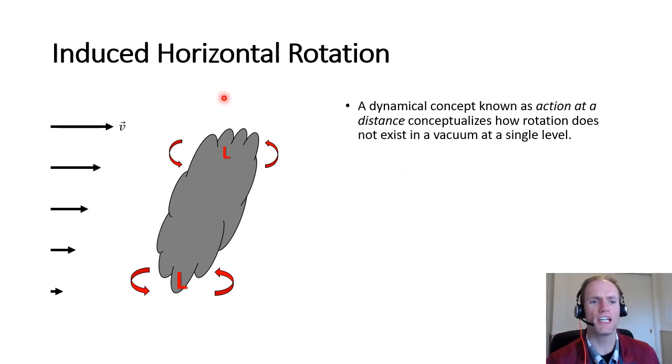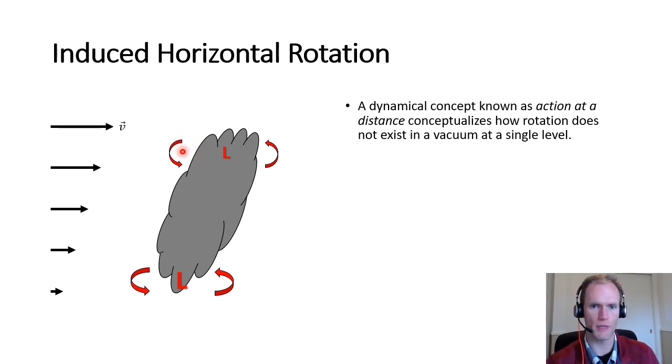So let's talk about this idea of induced horizontal rotation. We have our westerly vertical wind shear depicted here at left, and it's already tilted the cyclone in the vertical from west to east as you go from low to upper levels. We have our cyclone that is strongest near the surface, and it becomes weaker as you move to the middle and upper troposphere. So the thickness of the red curved arrows that you see here is smaller as you go